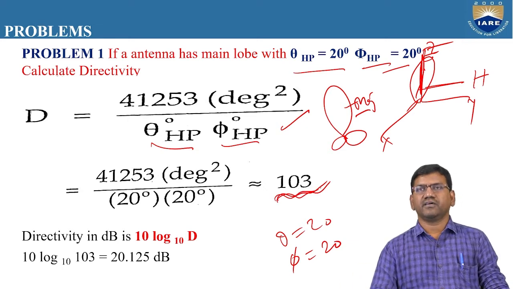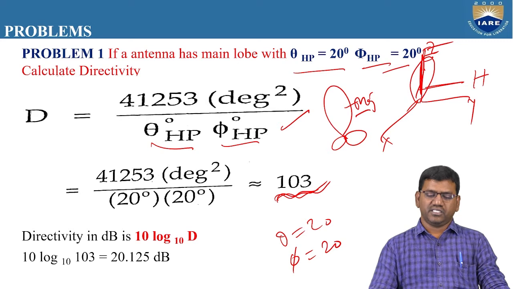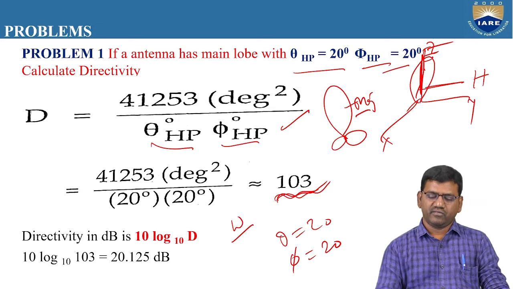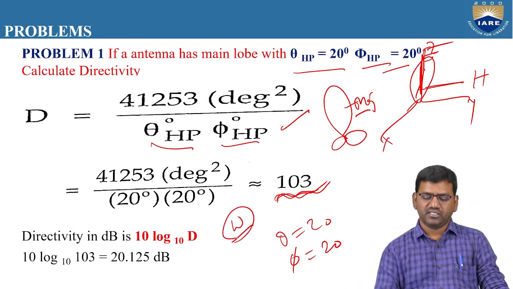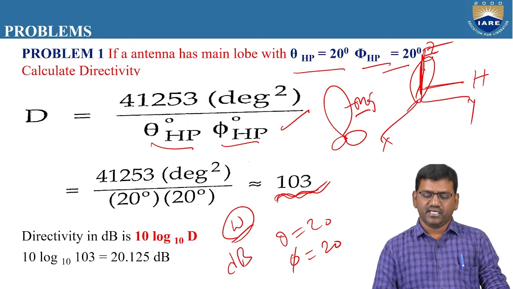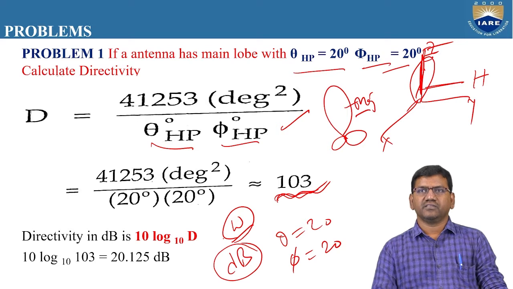Always in antennas and wave propagation theory, whether it is power calculations, directivity, gain or any parameter, we are going to measure in terms of decibels only, not in terms of watts. If we want to calculate the power, we measure the power only in terms of dB. The reason is that the representation in dB is a much smaller value.